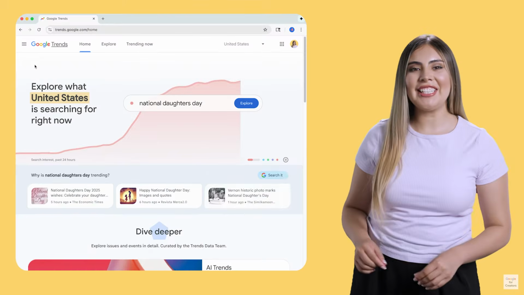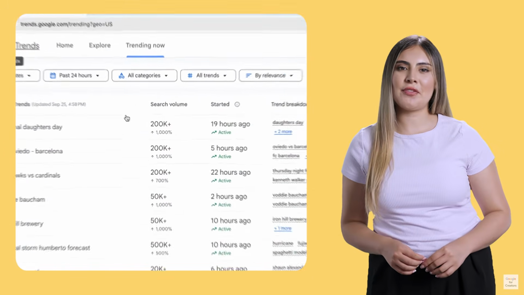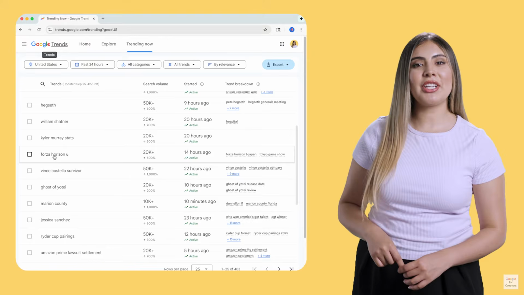Now, you can stay ahead of the moment by integrating trending topics into your content with the newly improved Google Trends tool. Just look at the new Trending Now page. You can see what people are searching for, and at least for me, find some good topics to talk about